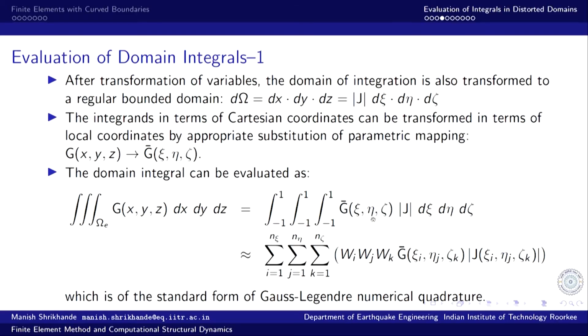And this is a very expensive operation, sampling the integrand. Each integrand, if you look, is a very complex term. It involves this transformation, involves computation of this determinant of the Jacobian matrix, and then carrying out these products of all the terms, right. So, evaluation of this domain integral by using Gauss quadrature is one of the most expensive numerical operations in finite element analysis, and therefore, this decision of the order of quadrature rule is not to be taken lightly.